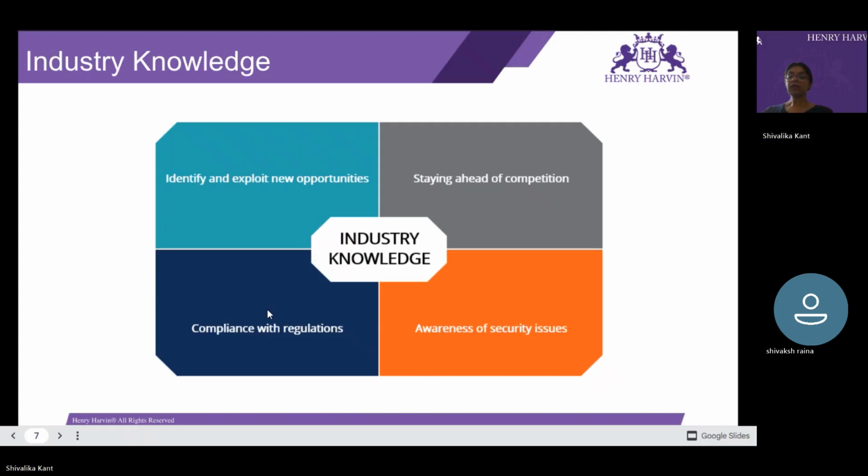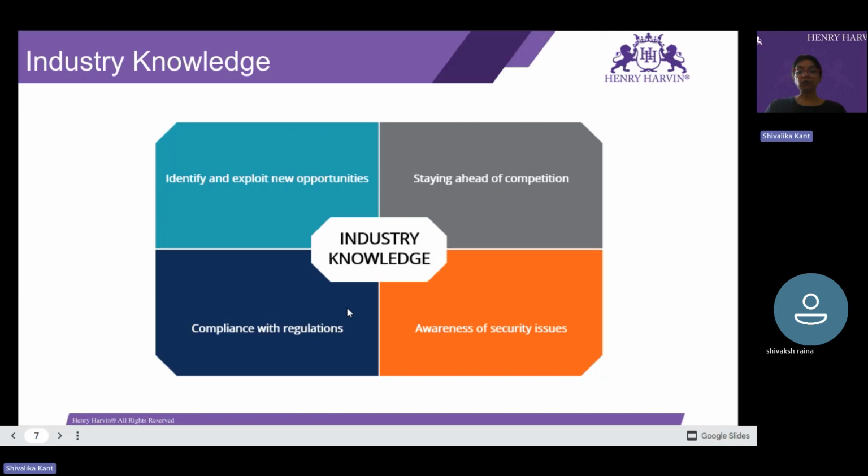All right. Then we have the orange one here, awareness of security issues. In today's digital, interconnected world, industries face growing cybersecurity threats, data privacy concerns, and operational risks.